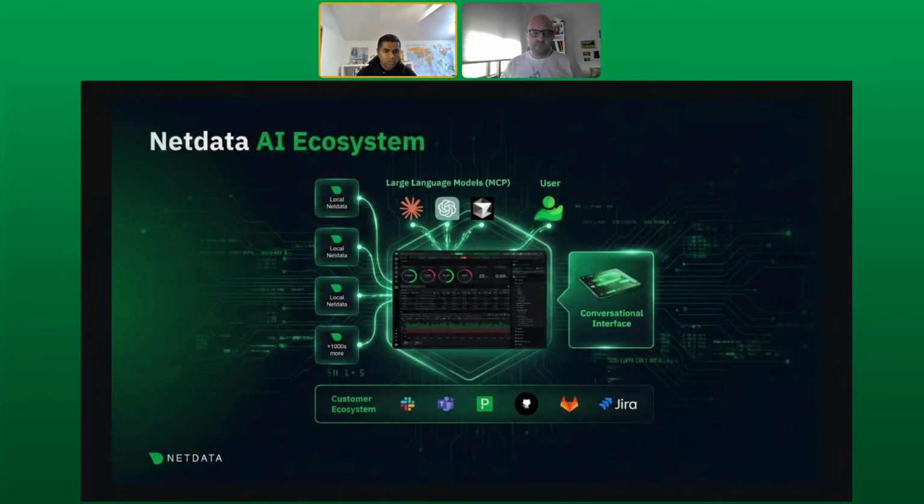So we want to support MCP servers on our agent as well as on the cloud. But also what we plan going forward is the ability to also operate as an MCP client, so that Netdata Cloud and Netdata AI can not just talk to your LLM clients, but also to other applications within your ecosystem. So if Netdata AI is troubleshooting an incident or an outage, it should have access to